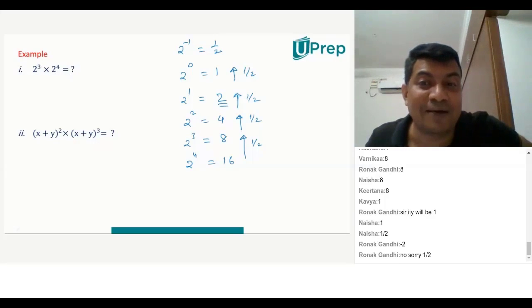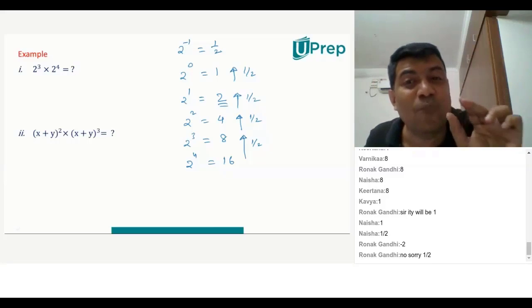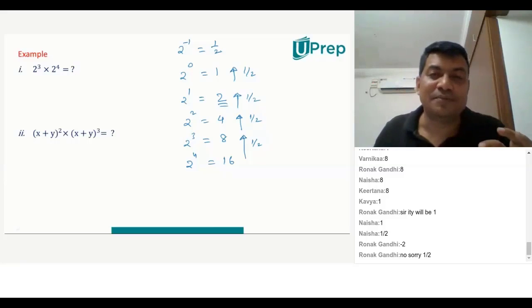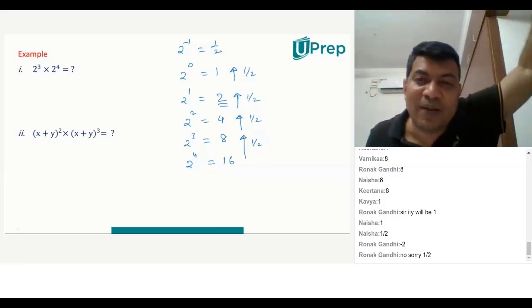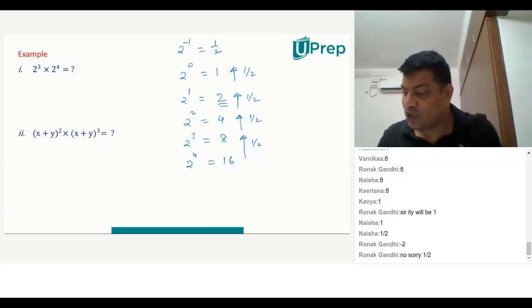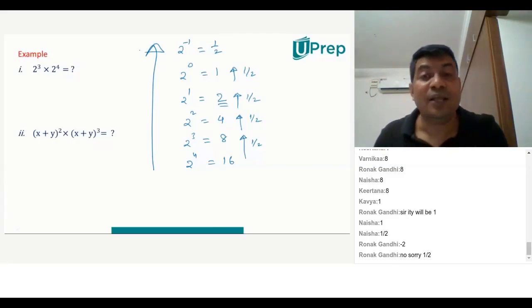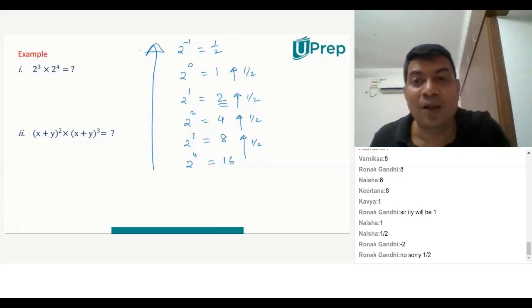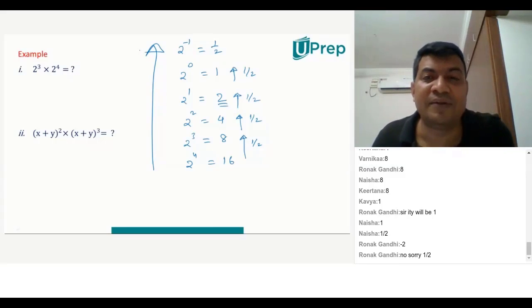Can you see that pattern? Are you observing the pattern? I'm not teaching you the formula a power m minus n and explaining from there. I'm explaining why 2 power minus 1 is 1 by 2 using common sense observation, the way mathematicians might have seen this thousands of years ago. That's how they saw patterns and created formulae. You are lucky to learn formulae. Ancient people who observed all this arrived at these numbers. Do you understand the point I'm trying to make?